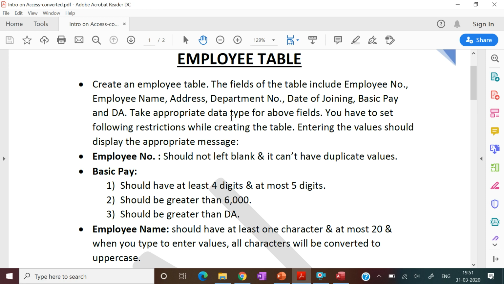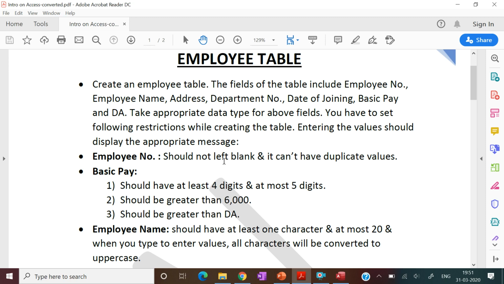Okay, then there is some information. The first one is employee number. It says it should not be left blank and it can't have duplicate values, which means we need to put employee number as the primary key. Primary key means it is primary, which means it can't be duplicate.